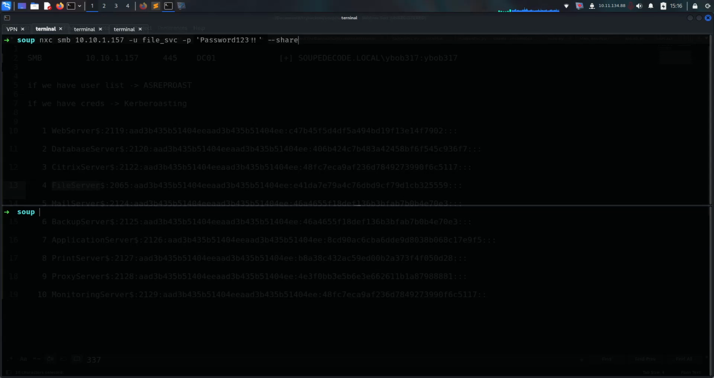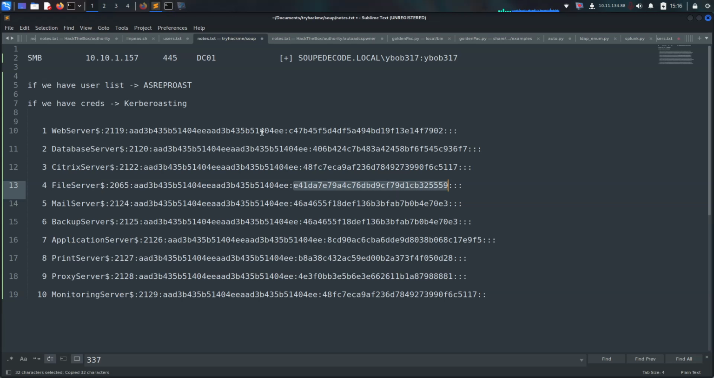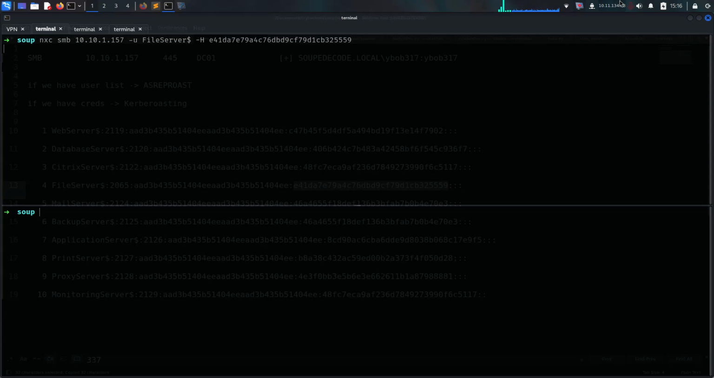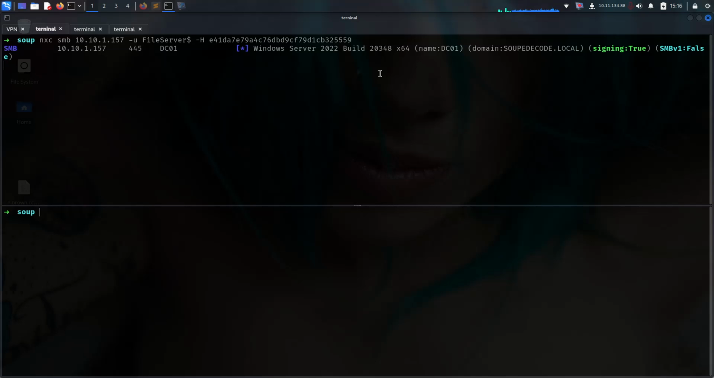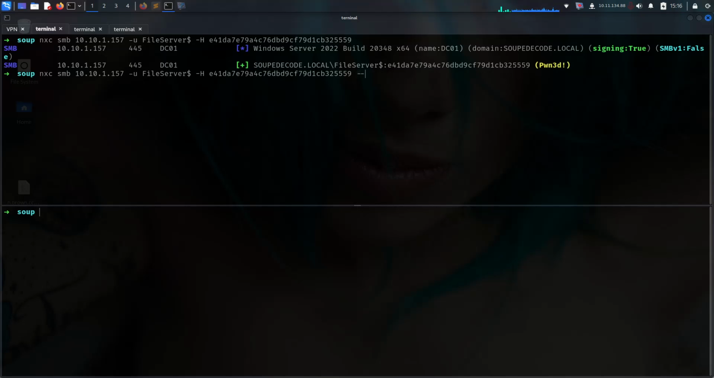So now I'm going to try it again, of course. Let me paste it here, and let's see if this hash really matches. Which is here, right? Then let me see, and you will see here it says Pwn3d. That means as Pwn3d we can dump everything,